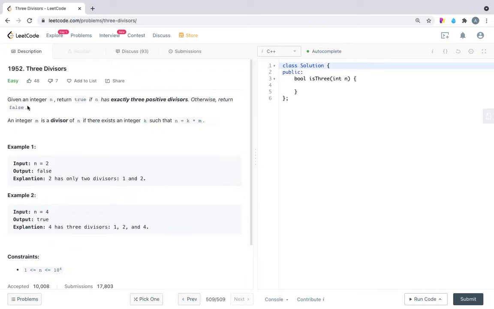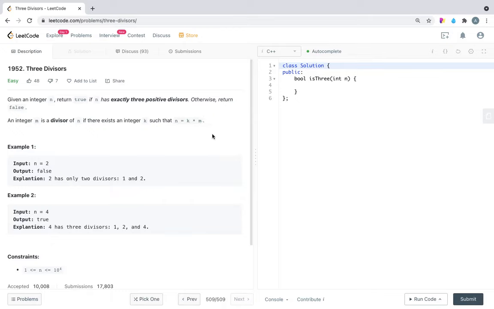So what they are asking is, we have one input integer n, and we have to return true if n has exactly 3 positive divisors, otherwise we have to return false. And here they have given the definition of divisor, that for any divisor m we need to have a constant k.